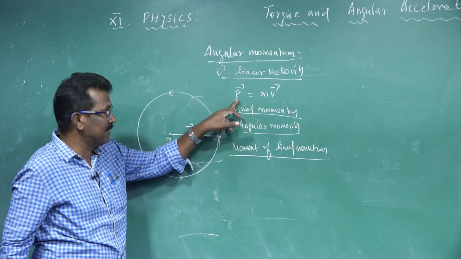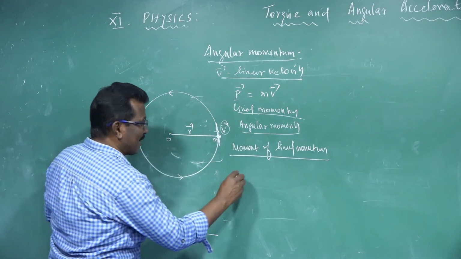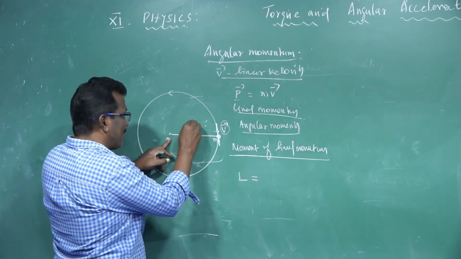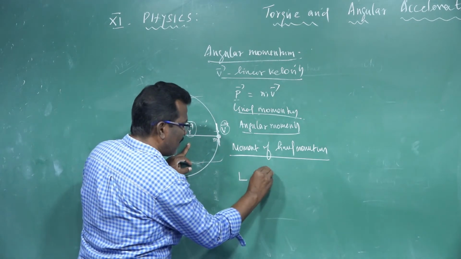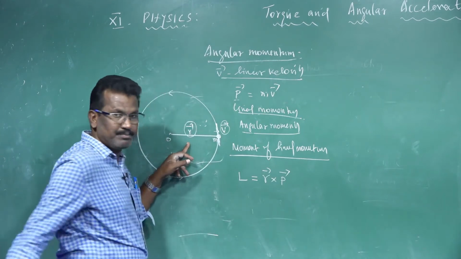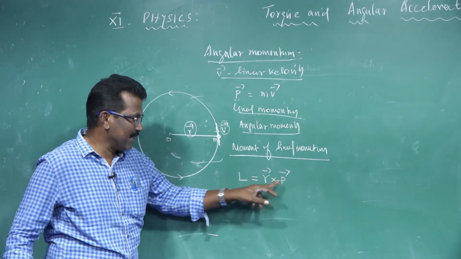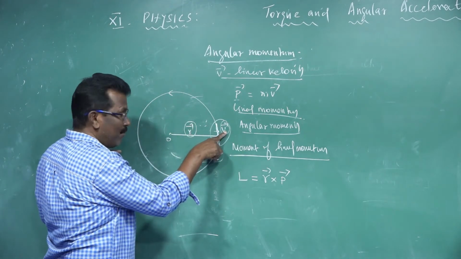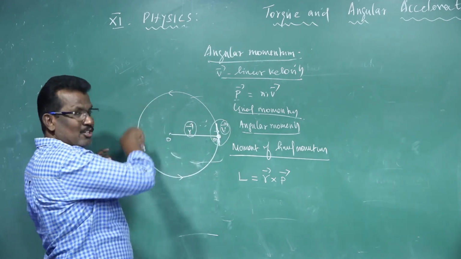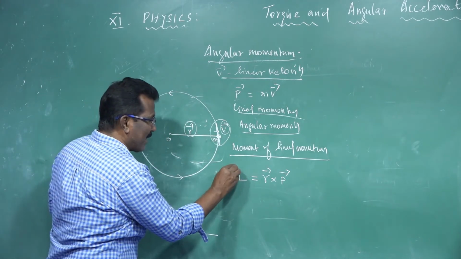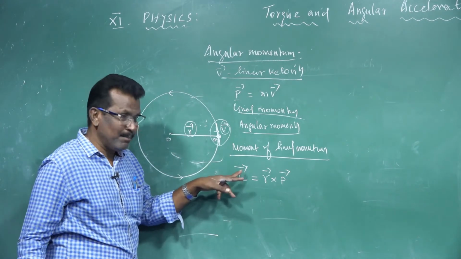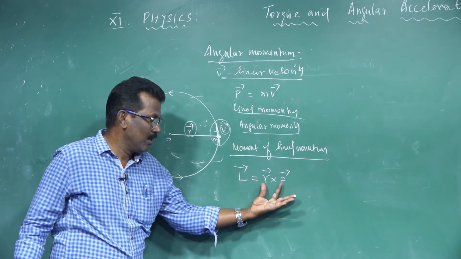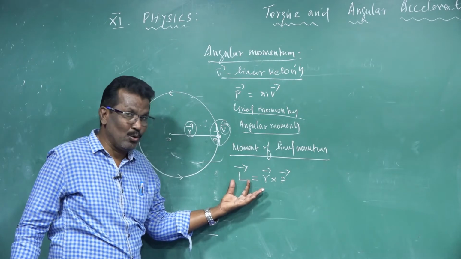How do we express this with notation? The notation of angular momentum is L. L is equal to the product of the position vector r and the momentum vector p. P represents the momentum, the product of the mass and the velocity. When the mass rotates in a circular motion, there is momentum produced, and that is called angular momentum. The angular momentum is a vector quantity. When the two vectors r and p are multiplied, the resultant is also a vector.